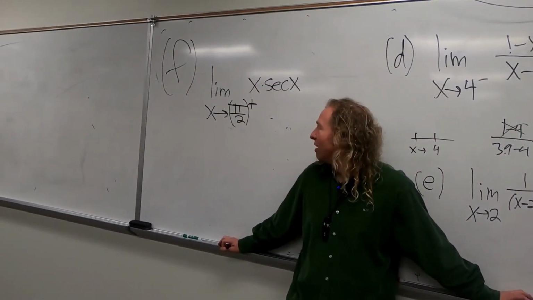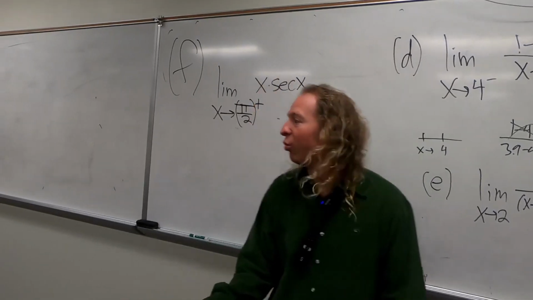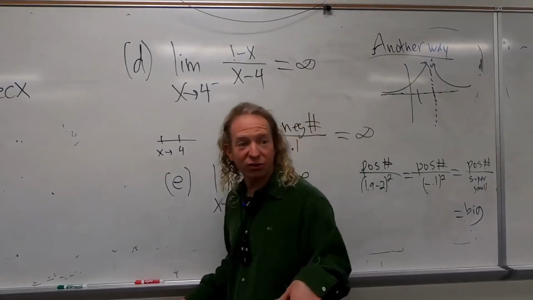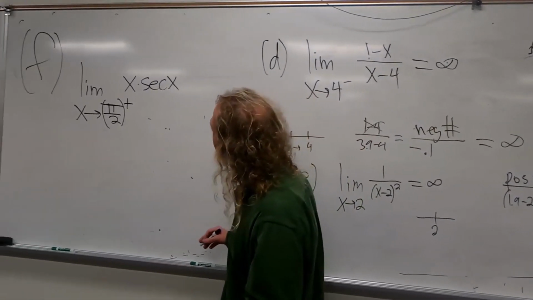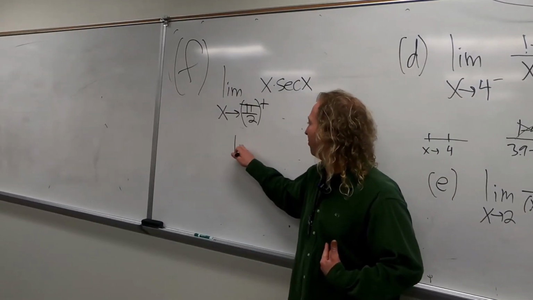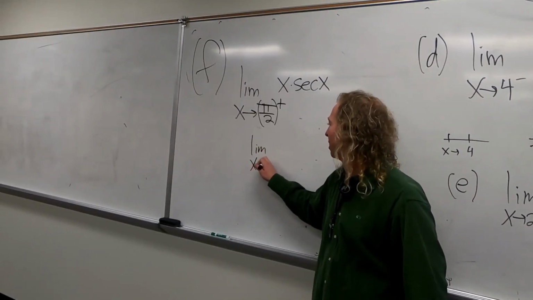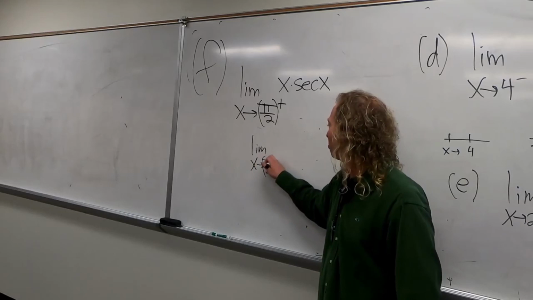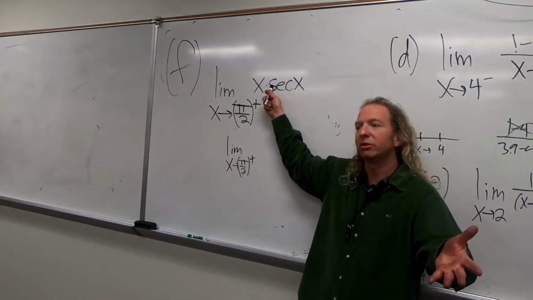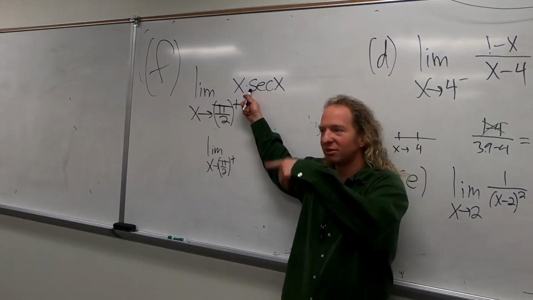So secant is 1 over what function? Do you all know? Cosine, yeah. And if you don't know, it's okay. There's a really easy way to memorize it. At least the way I do it is, I know it's 1 over the one that starts with the other letter. So it has to be cosine. Right, because it starts with C.